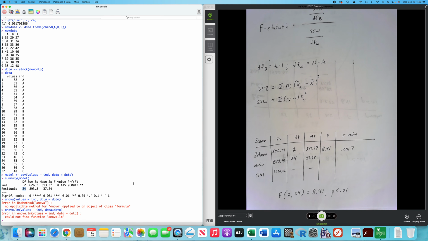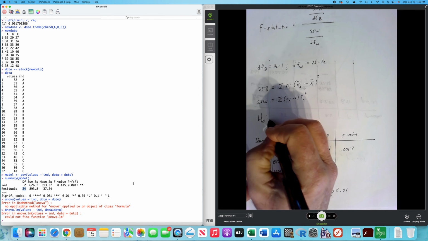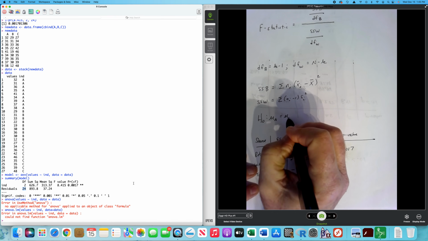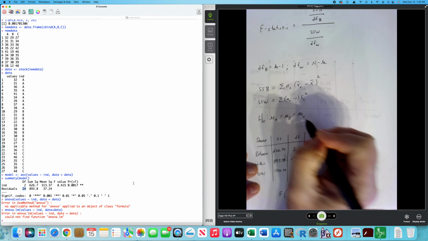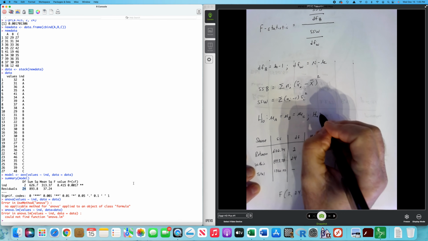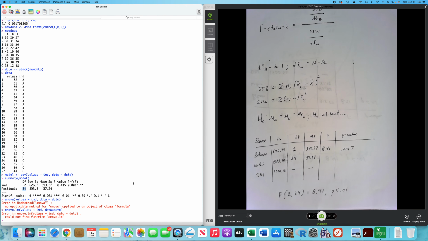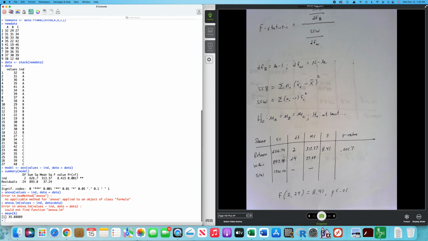Because again, what is the null hypothesis here? The null hypothesis is that the mean for Professor A is equal to the mean for Professor B equal to the mean for Professor C, versus H sub A, that at least one pair of means is statistically significant. Now, which one is it? Well, we have to run what are called post hoc analyses to determine that. But I can get an indication